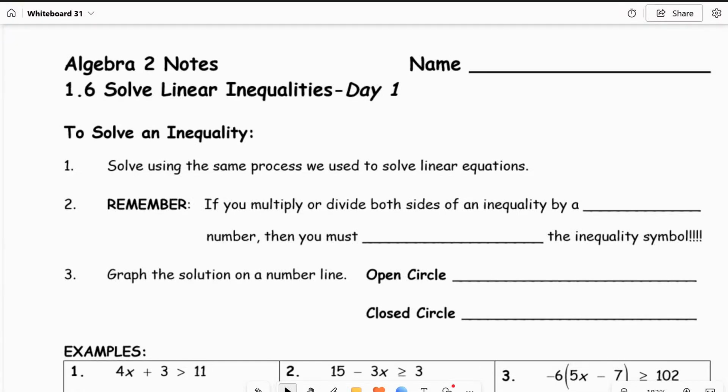Solving linear inequalities. Section 1.6 is split up into 2 days, so day 1 is just solving inequalities, and day 2 is solving compound inequalities. So to solve an inequality, remember, you solve an inequality using the same processes as how you would solve a linear equation. Remember, if you multiply or divide both sides of an inequality by a negative number,